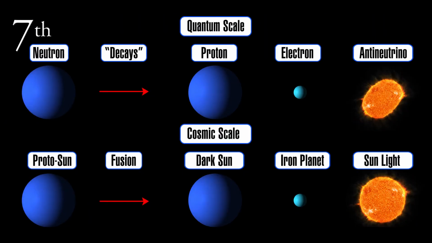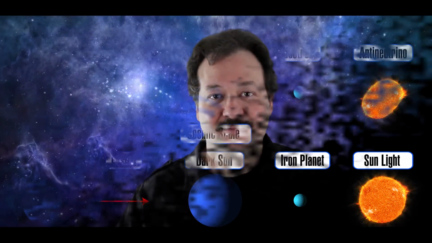Seventh, after 11% of the Sun's hydrogen mass fuses into helium and an amount of iron equal to the cosmic scale electron's mass, the remaining hydrogen and helium is the mass of a cosmic scale proton. Another coincidence? Please. We can now use subquantum scale fusion to help us calculate the masses of all nuclei.